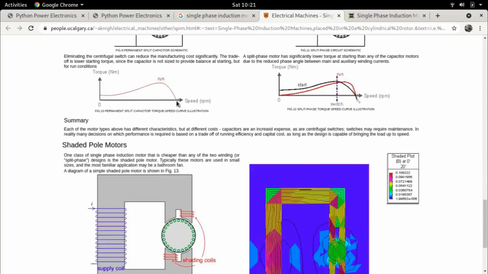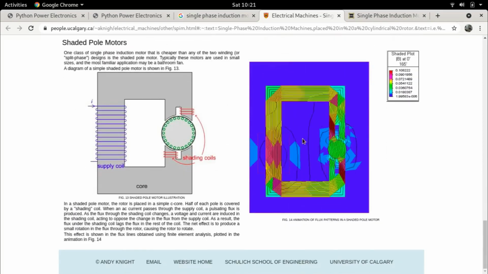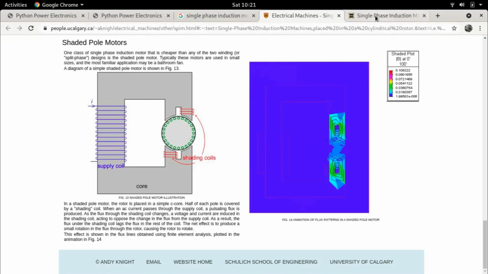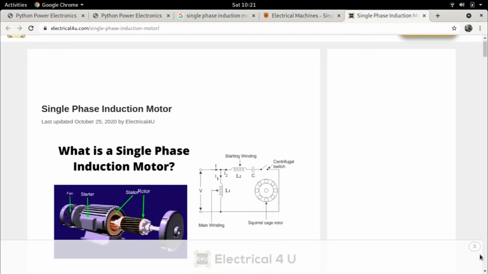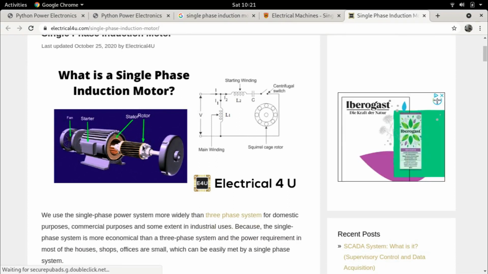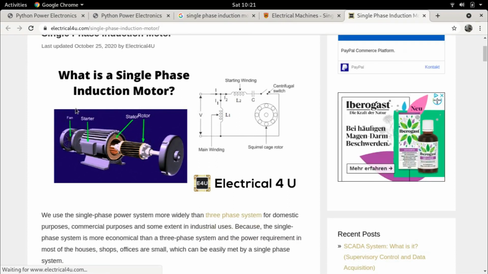Now, what I'm going to talk about, and as you can see, there are lots of very interesting animations that you can also find. But the most important thing which I wanted to show you is what exactly we're going to do in these simulations. So for example, this is a very nice split up diagram of what an induction motor is. Here you can see the outer, this is the stator, right? This outer cylinder is the stator.